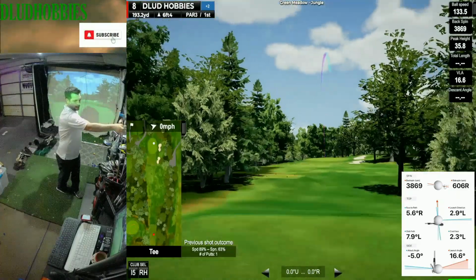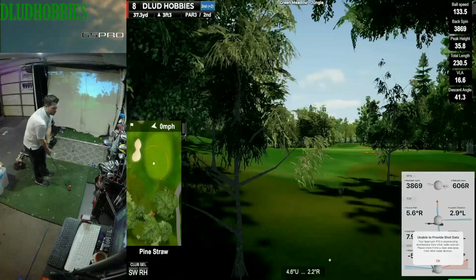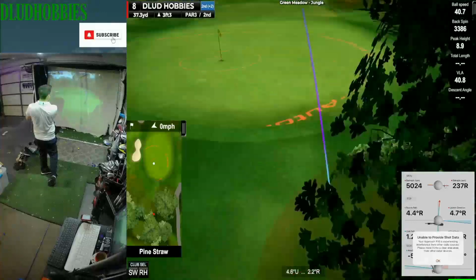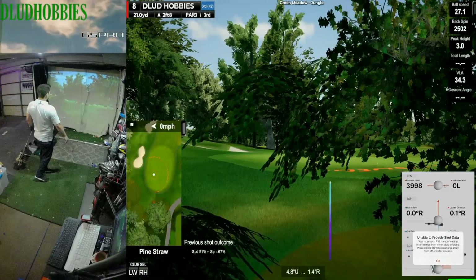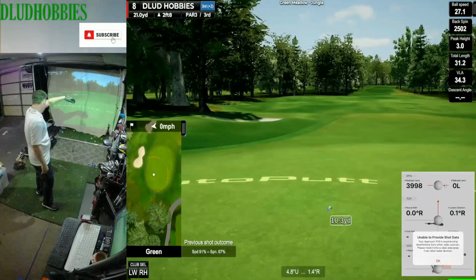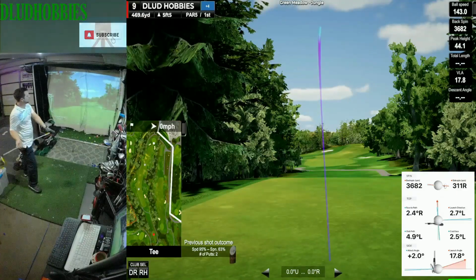This one, I've never gotten 133 out of that club ever, so I'm not sure what happened there, but it goes about 40 yards farther than I usually hit it, and I'm forced to chip back towards the green, and I put way too much loft on it, snag a tree branch, go for the pin there and blow it right by, and gonna have to take a double bogey on the 8th hole. So +4